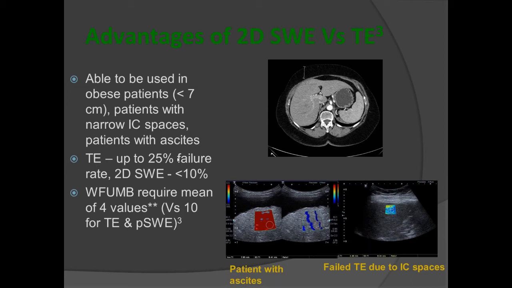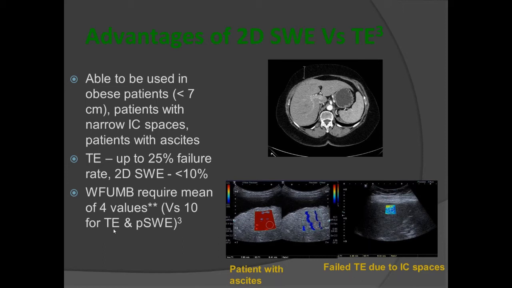One other advantage of using, obviously, a visualized segment over the Fibroscan is that we can use it on obese patients. So if you look at this transverse section of the abdomen of this patient on the CT, if they had a Fibroscan, they'd actually be getting an elastogram of the fat. So we can guide our sample volume. With Fibroscan, there can be up to a 25% failure rate, whereas with 2D shear wave, we have less